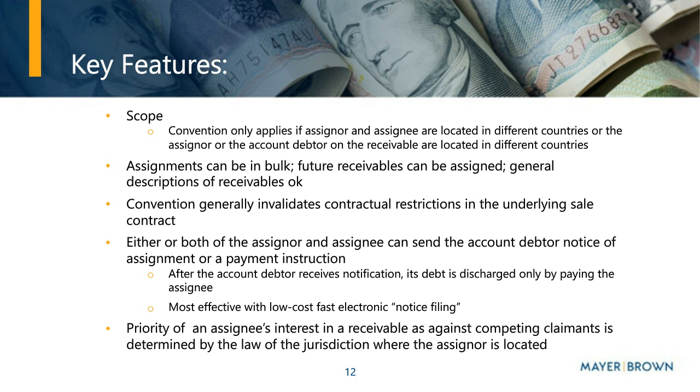Not part of the convention itself, but an annex to it are model priority rules, including a set of rules based on registration of assignments. The annex raises the possibility of a global searchable and filing registry along the lines of the UCC Secretary of State registration system or other similar registration systems, the PPSA in Canada, Australia, and other jurisdictions. Parties can search, and if a party registers, it would constitute a binding proof of assignment. This would be a voluntary system. At this point, it's probably years away, but it's interesting that there is this annex to the convention that sets forth this